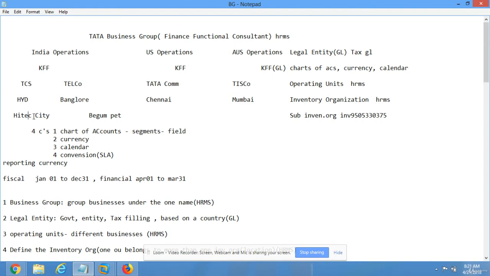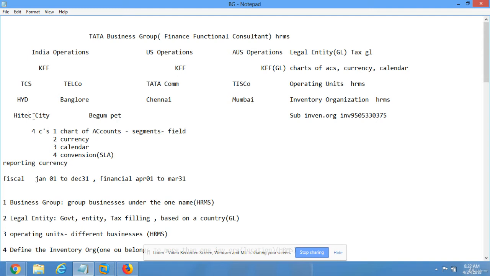But in move orders, the system compulsorily asks for some accounting information. You must and should give that information. The move order is one type of requisition. What is a requisition? A requisition is a requirement document. Whenever the destination sub-inventory people require the item, they create a move order. Then, as per the move order, the source people are going to transfer the quantity to the destination sub-inventory only.